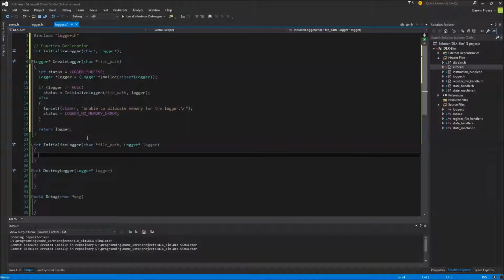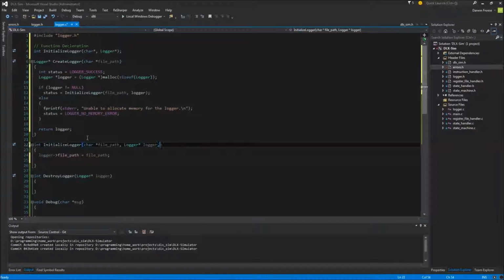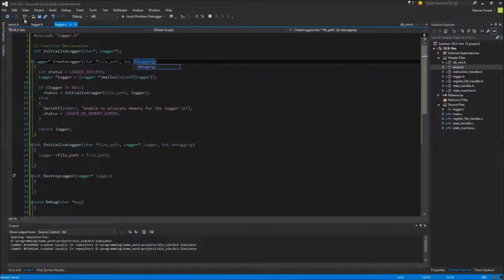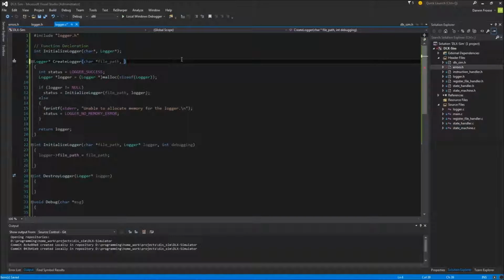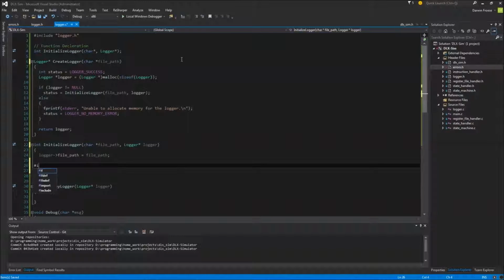So we're going to need to set the file path to equal file path. I also need a debugging int debugging. So let's update all of these now to get that, which was actually, we don't need to do that. We can do it a little bit differently, and what we can do is say if